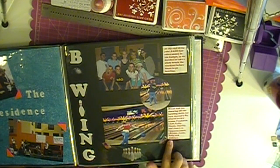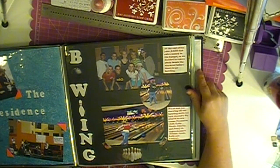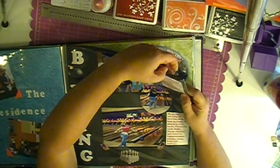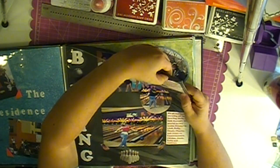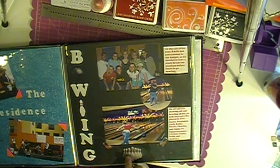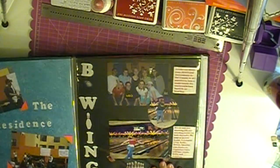So here's that computer journaling I was talking about. This is just printed on computer paper, I think. Yeah, it's just computer paper. And it's cut out and glued down with more crazy bowling stickers. And I remember thinking this...